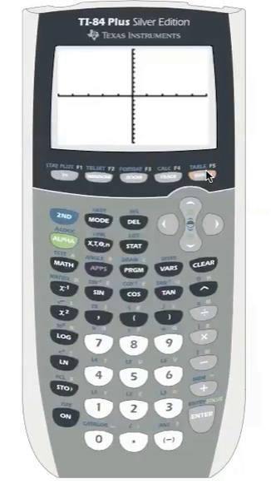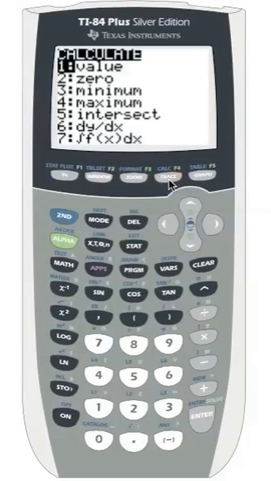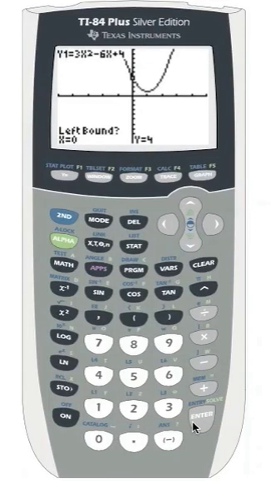I'd like to determine the nadir point, or the minimum point, of this particular parabola. So I'm going to press second, and then the trace button again, to get the Calc menu. And now I'm going to move to the minimum function, which is number 3. I'm going to press enter to select the minimum function, and now notice I have some more features to my